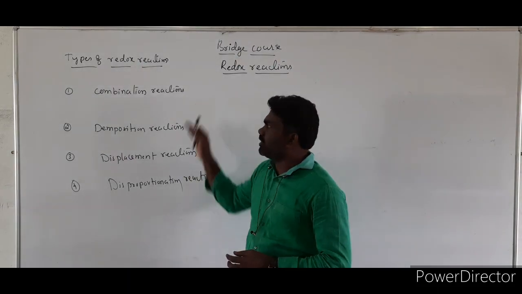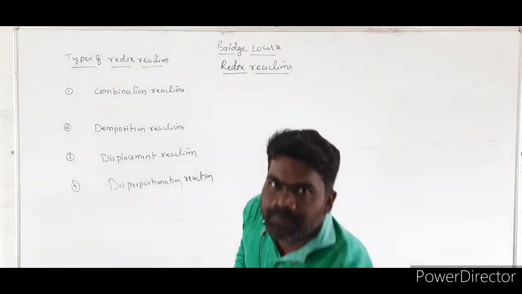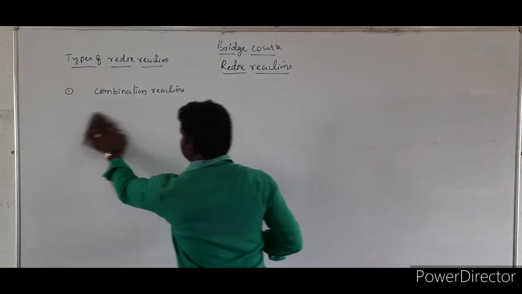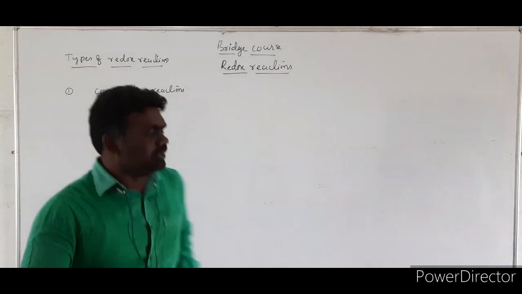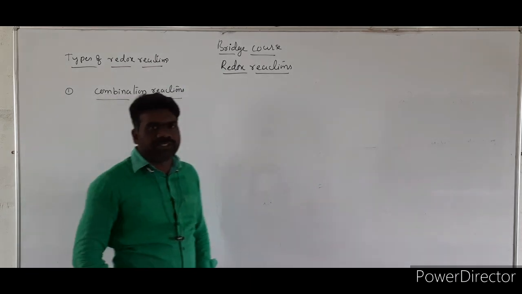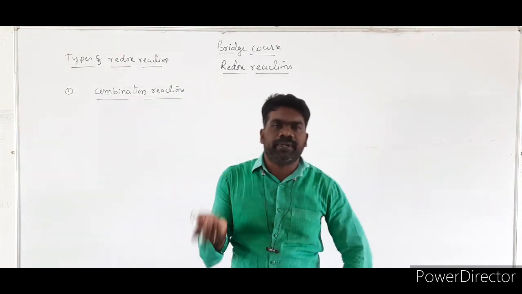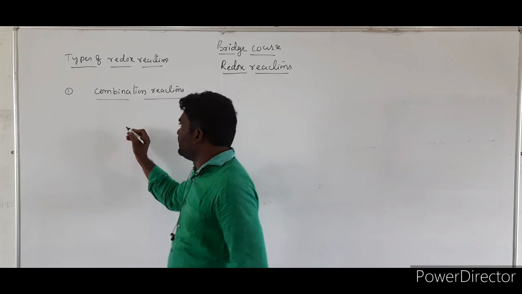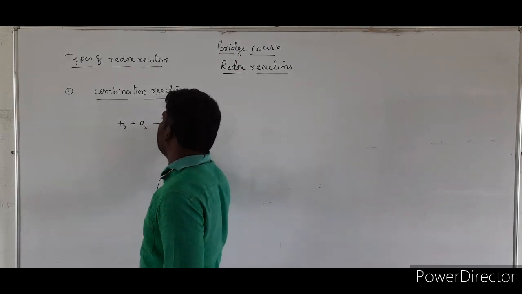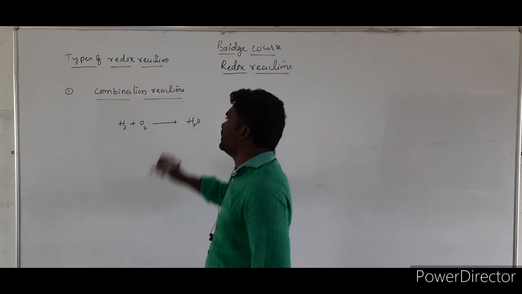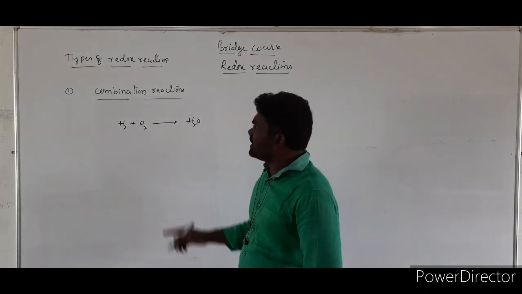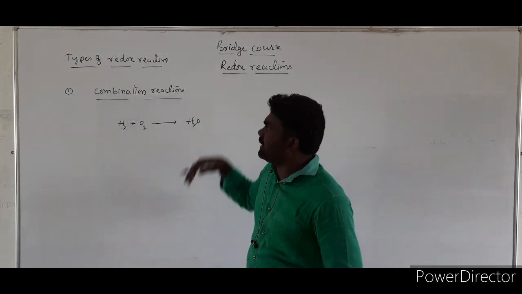Now let us look one by one at the meaning of each, by taking some examples. The first one is combination reactions. A combination reaction is a reaction in which 2 or more elements combine to form a product. As a general example, take H2 plus O2 giving H2O. So 2 elements combine with each other to form a product. In this case, how is it a redox reaction? First,